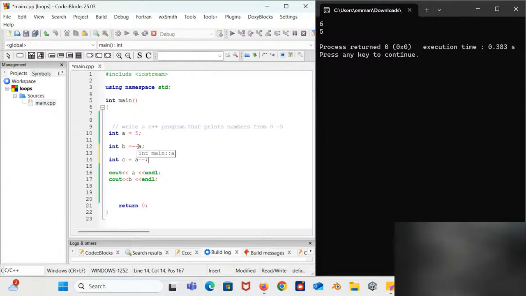And then for the post increment or postfix increment, the original value of the variable is used in the expression. So the change will not happen to it. It's going to be used before the variable undergoes that decrement or increment. All right. I'm glad you get that. So let's look at a simple example here.